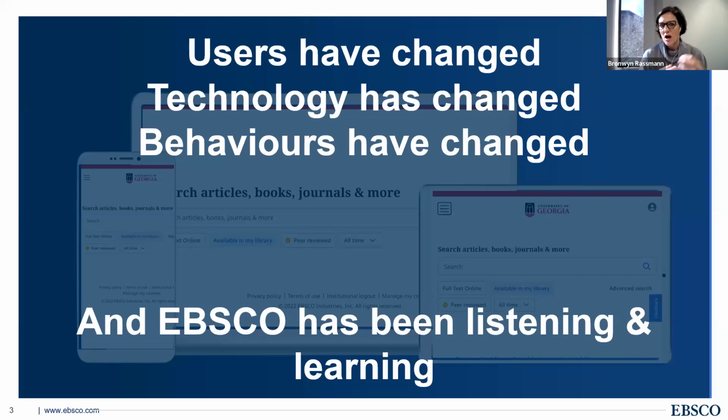So with regards to discovery, and this is something that EBSCO does all the time, we look at our users, we look at the librarians who are our customers, we employ librarians, and we really are listening and learning as we go along, because what we've realized is users have changed. They've definitely changed since I started at EBSCO. When I started, EBSCOhost, and it was only EBSCOhost at that time, was really designed for the librarian. We had a lot of defaults to the advanced search, so your landing page was the advanced search, and now we've realized that